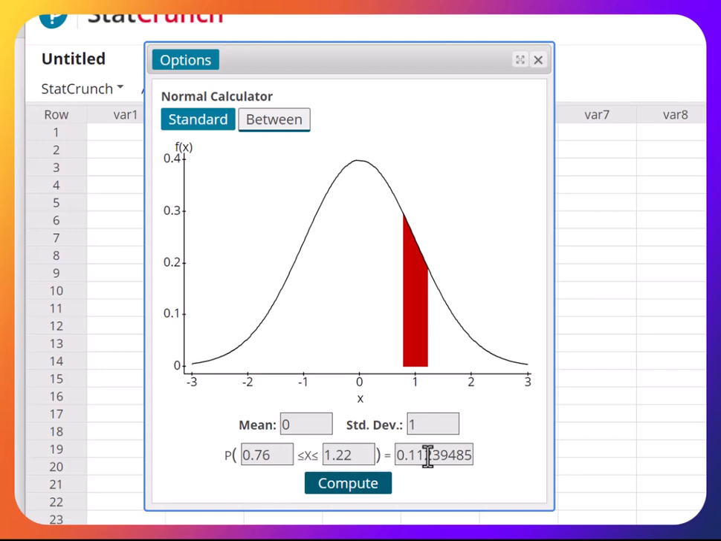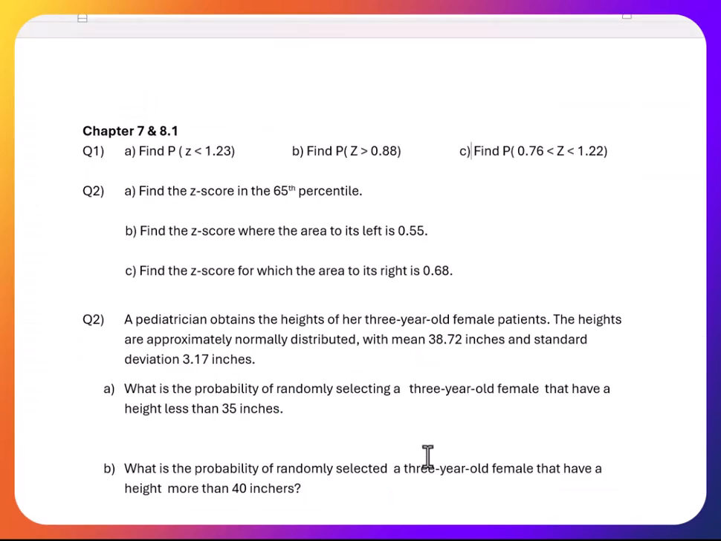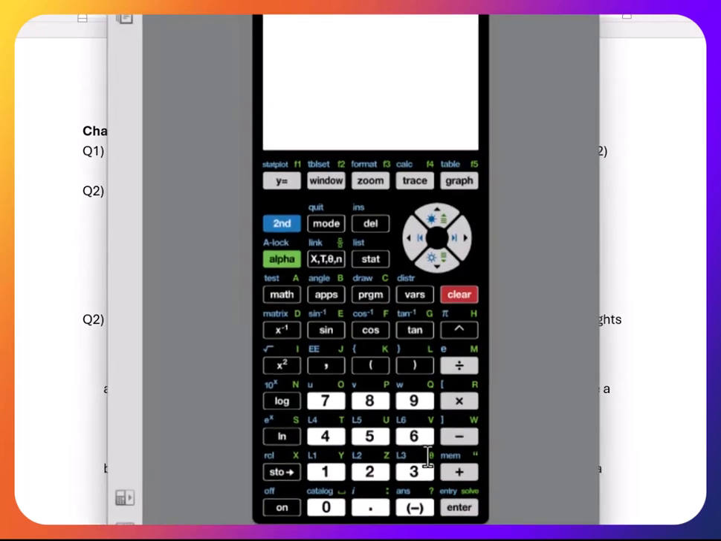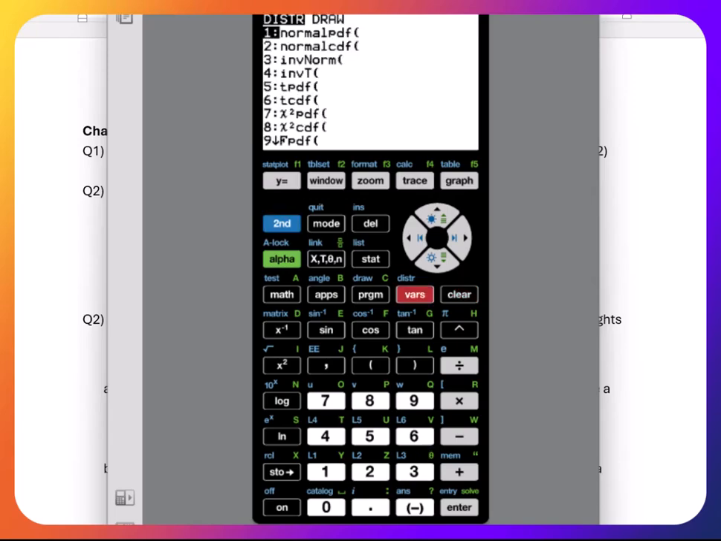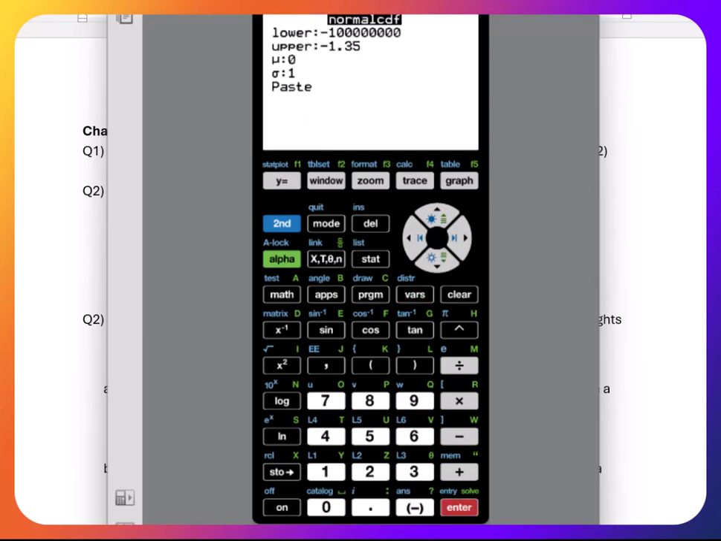Now, how do we do this one using the calculator? Okay, let's do that. So we're going to redo the questions using the calculator. I'm going to bring the calculator right here. So you go to second, variable, and it's normal CDF. Okay, it's asking you for a lower bound, upper bound, mean, and standard deviation. If it is a less than